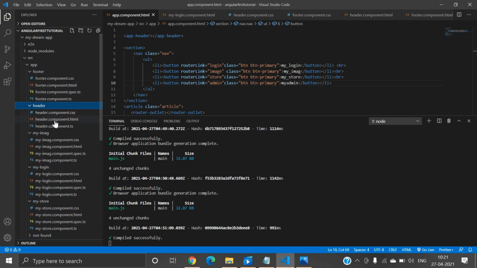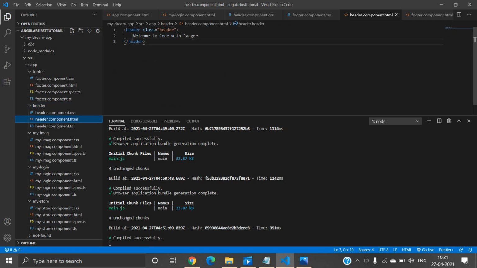Inside this header part, header.component.html, I will apply it on the header h1, yeah, h4, and I will paste the custom tag app custom. Selector name is app custom. Now I will save this file.